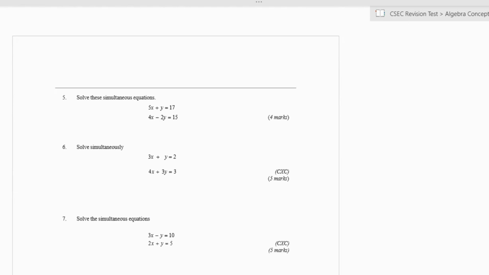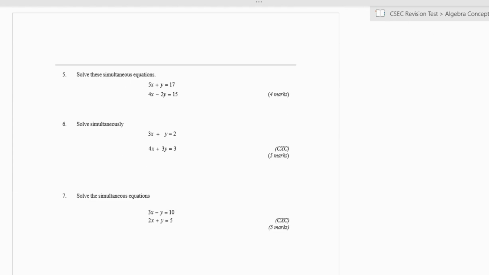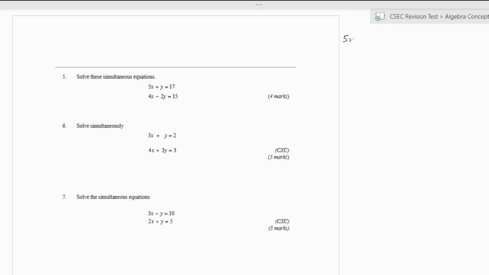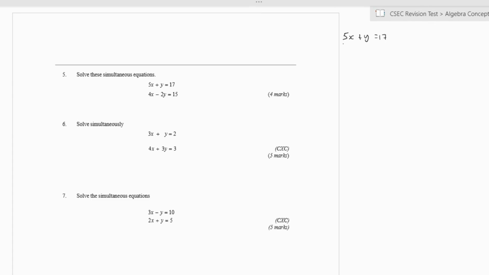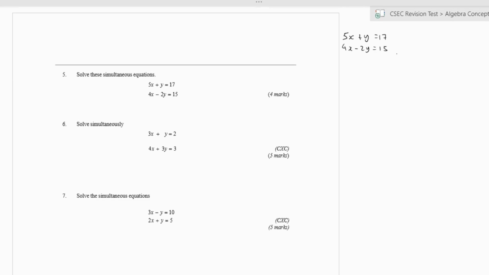Let's look at another one here. For this simultaneous equation, we're going to use the substitution method, in which we have 5x plus y is equal to 17, and 4x minus 2y is equal to 15. So we are going to substitute